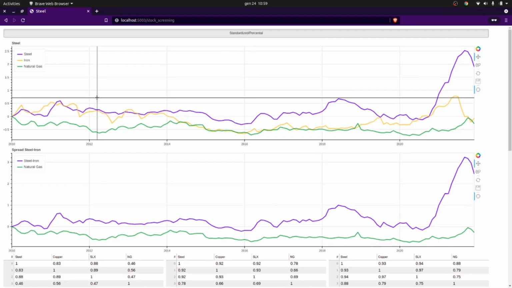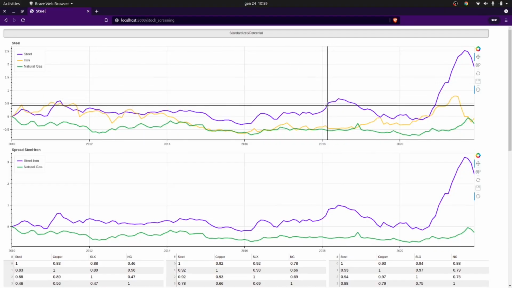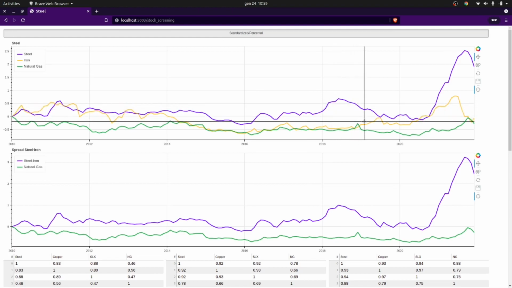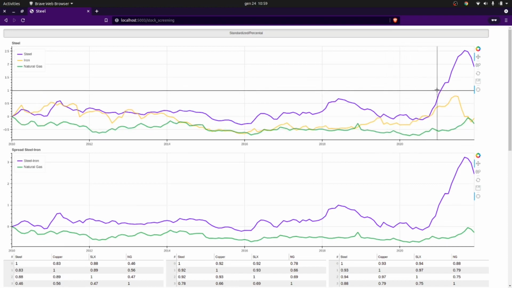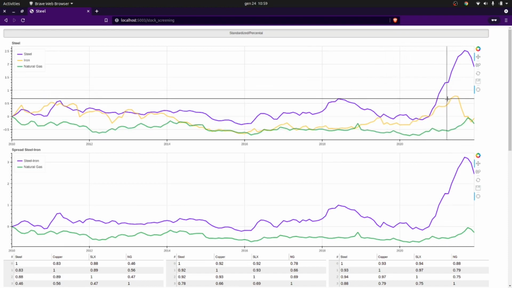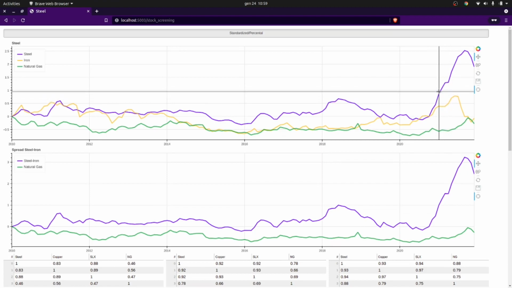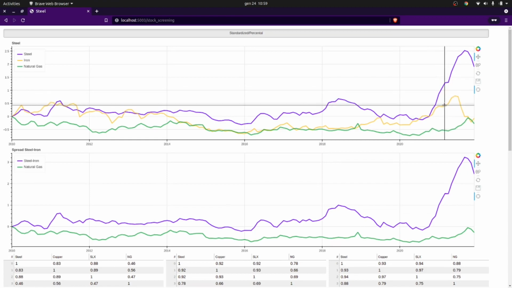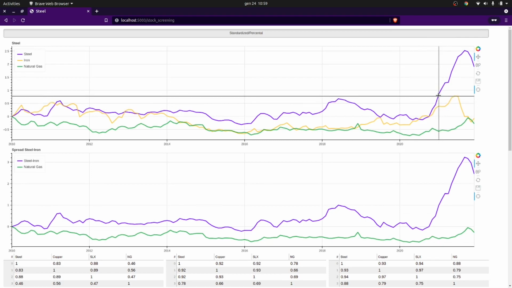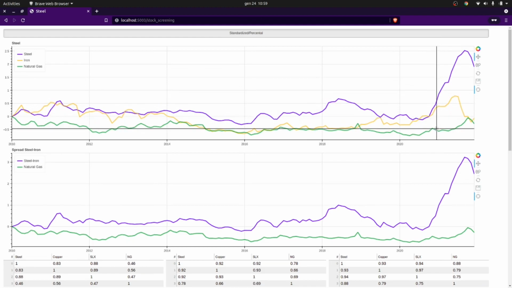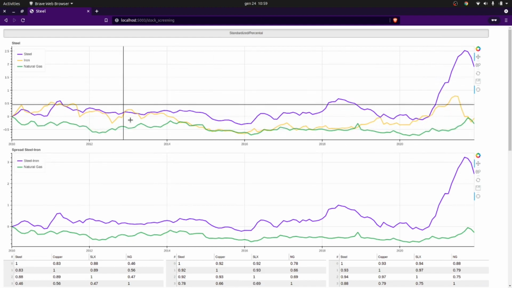This chart shows three lines. The blue one is the steel, the orange one is the iron, and then the green one is the natural gas. As you may know, the steel is made up of iron and carbon, therefore it makes sense to compare the steel with the iron. And because you require a significant amount of energy, it makes sense to compare this curve with natural gas. These curves are normalized with respect to the first day,